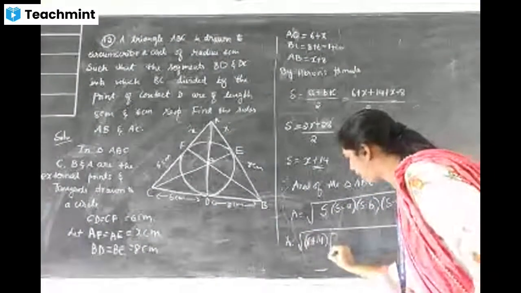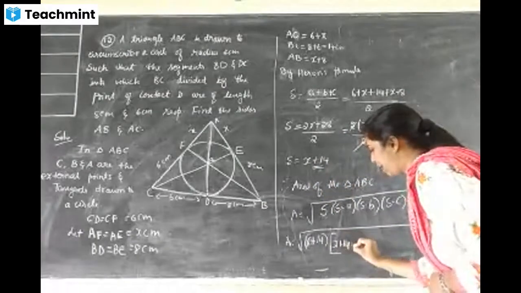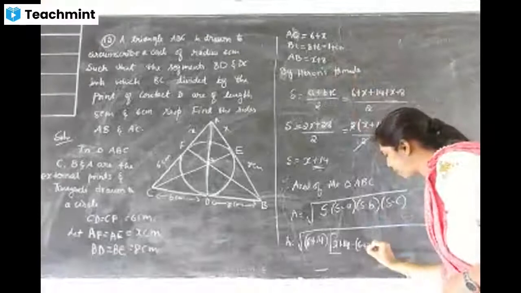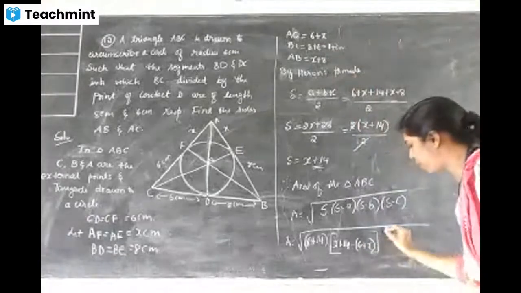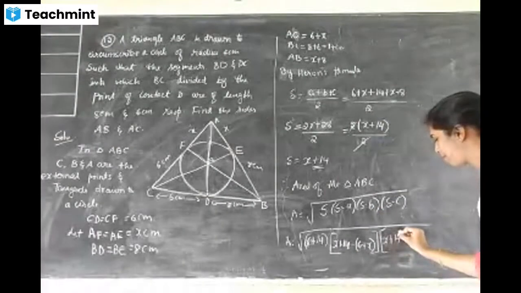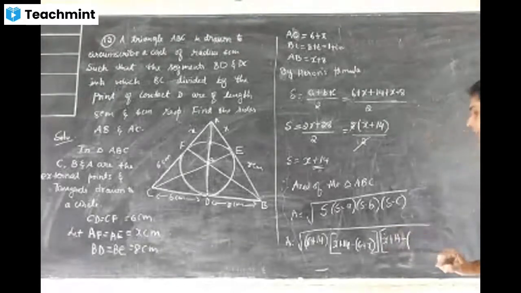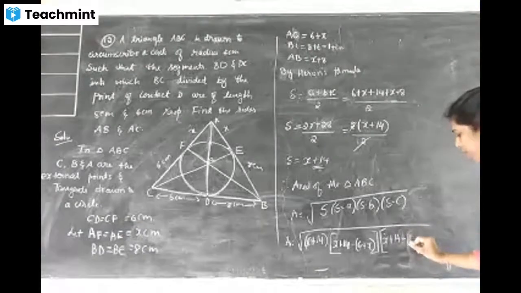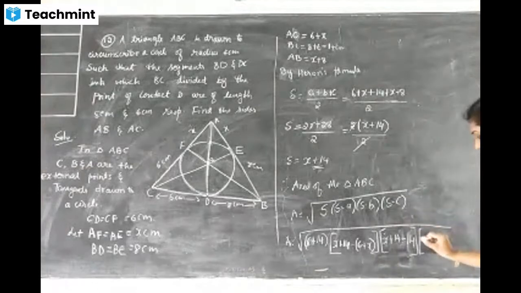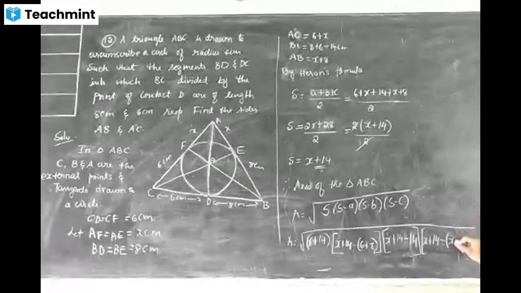Now I will write in the square bracket, S minus A. S is the same, x plus 14 minus, write in the bracket because there are 2 terms in A, 6 plus x. Close the square bracket. Once again open the square bracket for S minus B. S is the same, x plus 14. For the first one no need for a bracket; for the second one we need a bracket, minus 14, because just a single term is there. Now once again open the square bracket. S is again x plus 14, but C contains a double term, so write x plus 8 in the bracket.